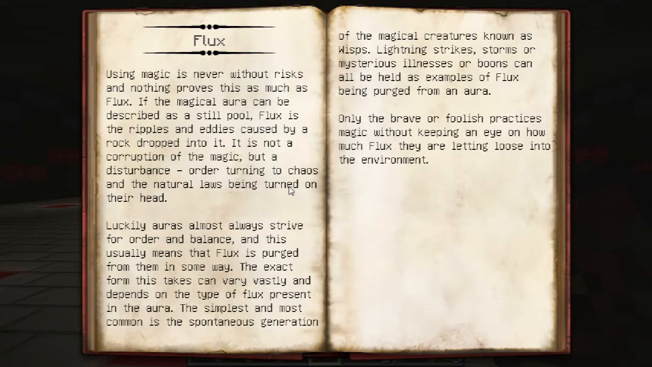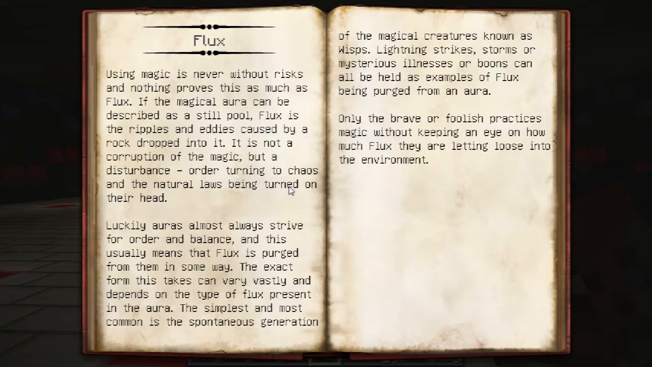Flux. Using magic is never without risks, and nothing proves this as much as flux. If the magical aura can be described as a still pool, flux is the ripples and eddies caused by a rock dropped into it. It is not a corruption of the magic, but a disturbance, order turning to chaos, and the natural laws being turned on their head. Luckily,